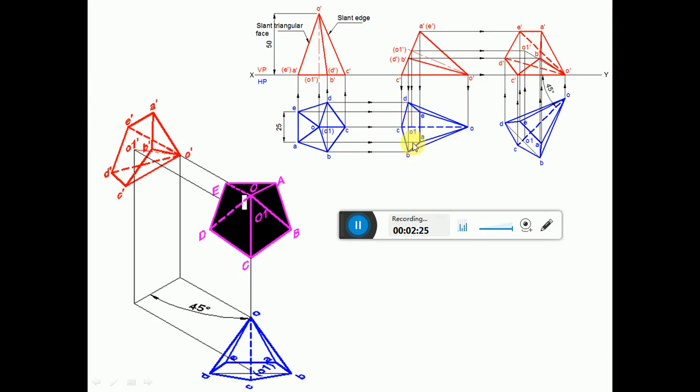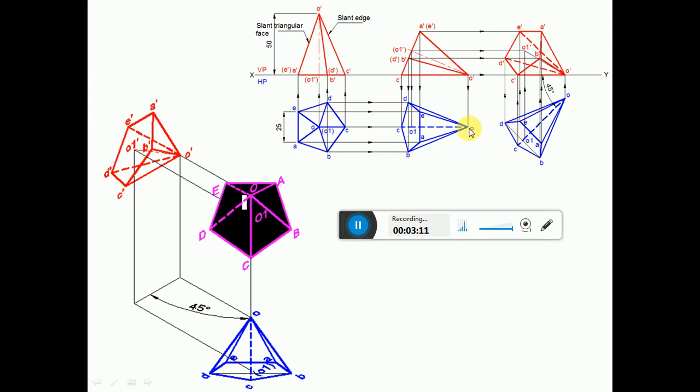Since BD is perpendicular to this OC, using the protractor, keep the protractor at this point and measure an angle of 90 degrees with respect to OC, and then draw an inclined line. Then using the compass, measure the length from this point to B and also from this point to D. Both will have equal distances. Then with this point as center, cut an arc on this side to get this point B, and similarly with this as center, cut an arc on this side to get the point D.